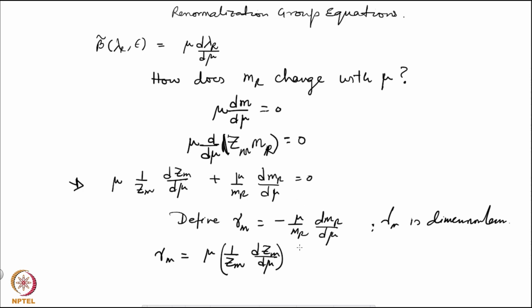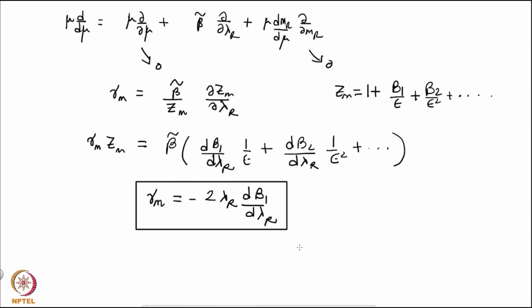And again, just like the beta function, this is also a universal function, meaning it is fixed once you fix the theory. It doesn't depend on what observables you are looking at. So we had looked at these two equations, called renormalization group equations. Now let's continue further on that,